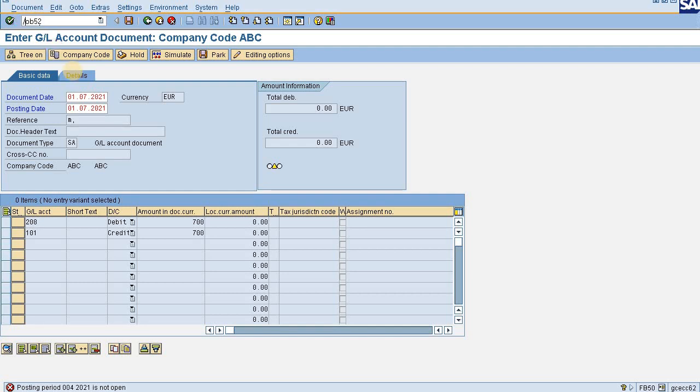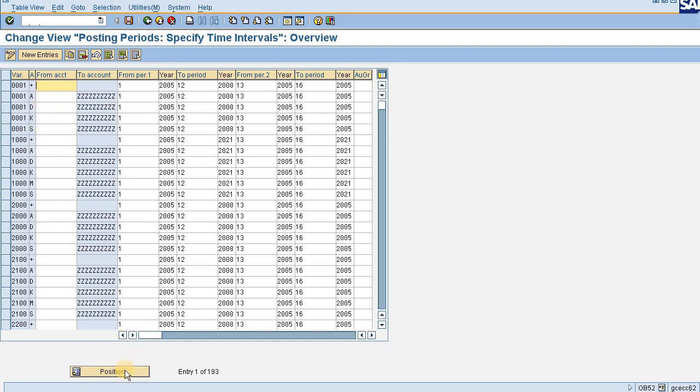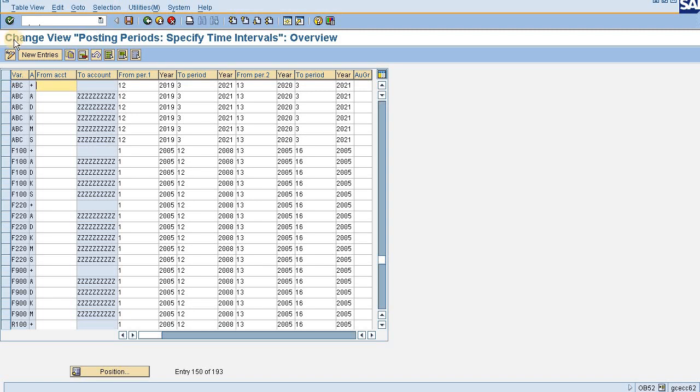So what I need to do is go to OB52 and put my posting period variant here. I'm only doing the GL posting, hence I don't need to keep all of the posting periods open till 4.